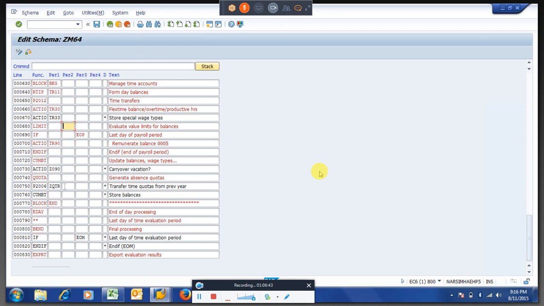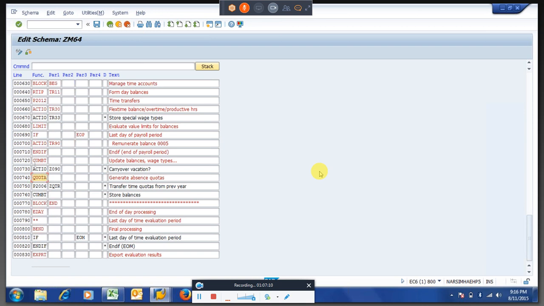So coming to the quota generation, there is a function QUOTA which will generate our absence quota basing on our configuration. If you remember, in the configuration we have given Z901 a time type. If that time type is there in the T2ES table, then this will check all the configuration tables and it will generate the quota.